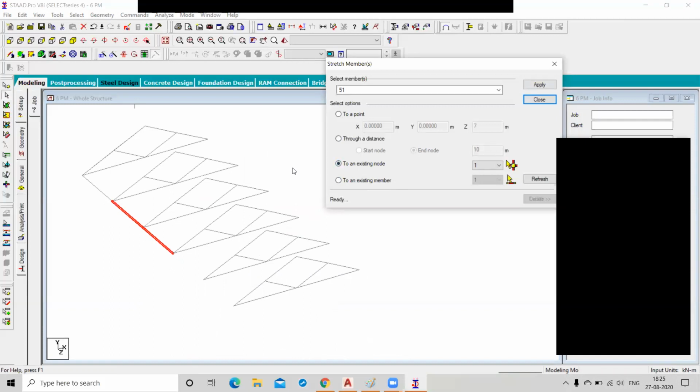That means you want to stretch your present member up to the particular node. If you want to stretch this beam member up to this node, but you need to know the node number of this node to specify here.